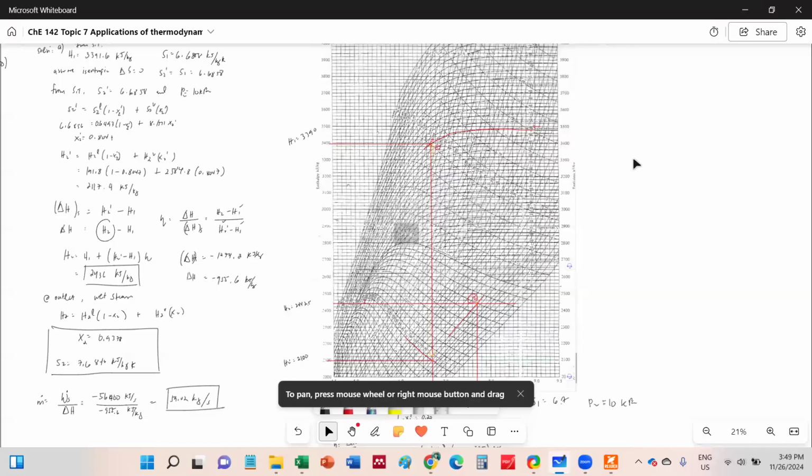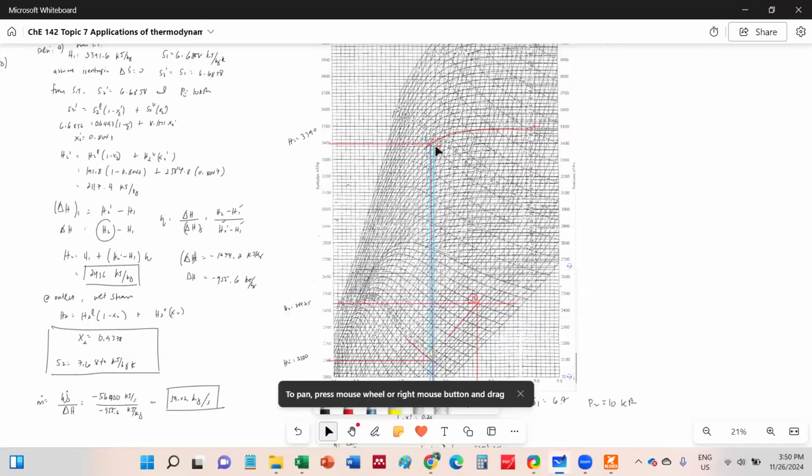Hi everybody. Today we will continue with the sample problems. But before we move on to example 4, let me make a quick note about example 3. In example 3, we solved the expansion of steam through a turbine. In letter A, we use the steam table, and in letter B, we use the Molly diagram. So I want to make comments on the Molly diagram.